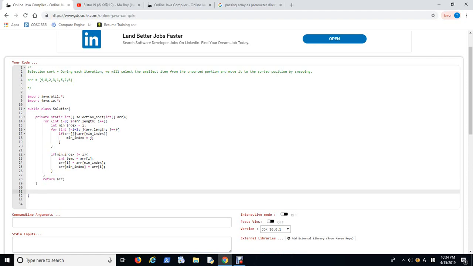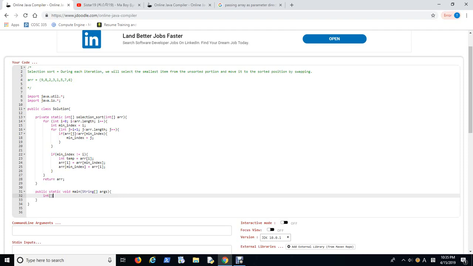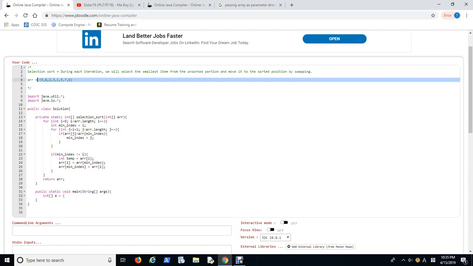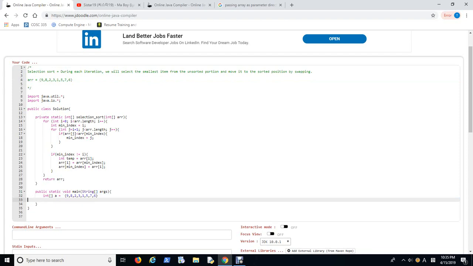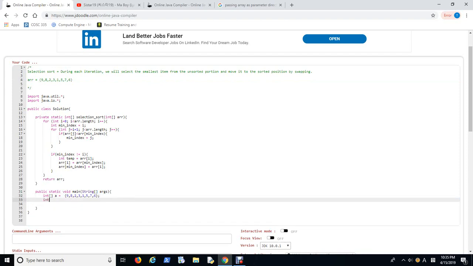So let's check and see if we can print it. Public static void main and string args. That's going to be the same as what? Int array a equals, I'm going to say whatever this one that I'm kind of having. Oops, nope. And then, hey, I want to store the returning results of that from solution dot, okay, it belongs to class selection